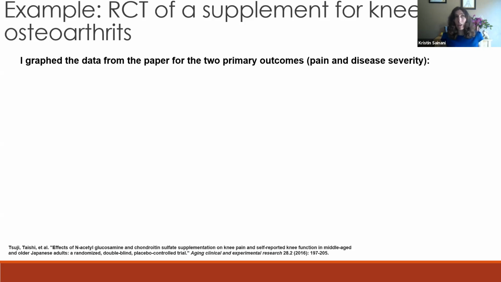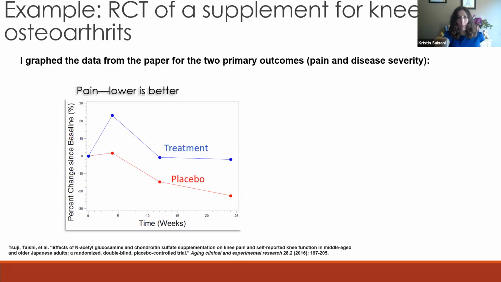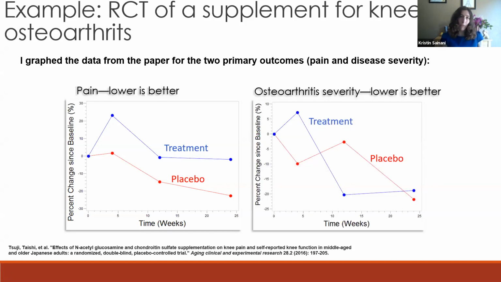And the authors of this paper actually did not graph their data. They just put it in a table, but I graphed their data for them. I just took it out of the tables and I made these two graphics. These are the two primary outcomes, pain and disease severity. And you want both of those to go down. Lower is better. This was a 24-week study, so the patients were measured at